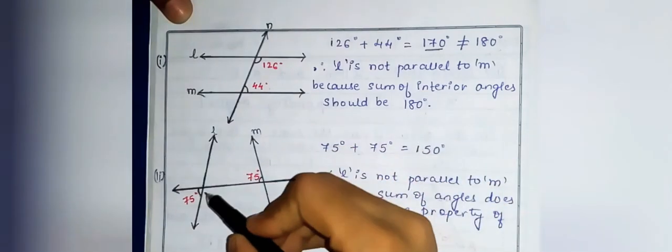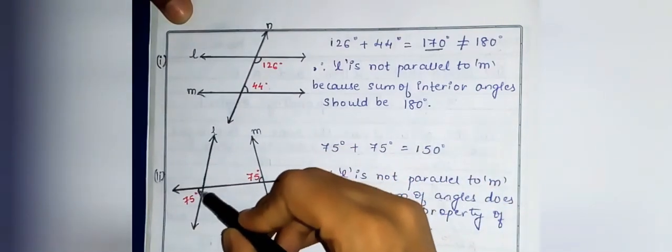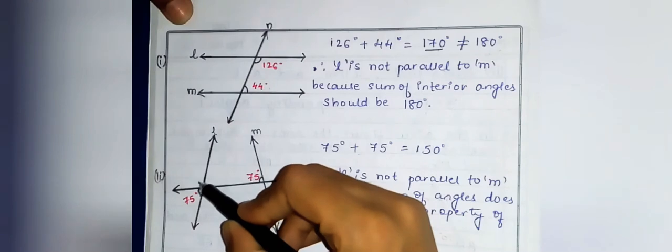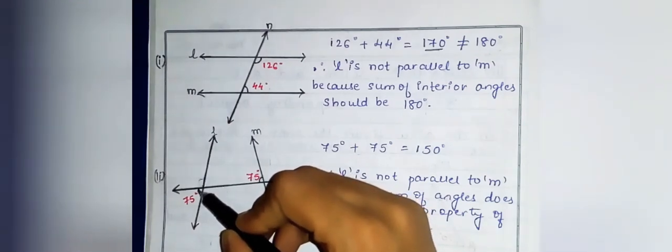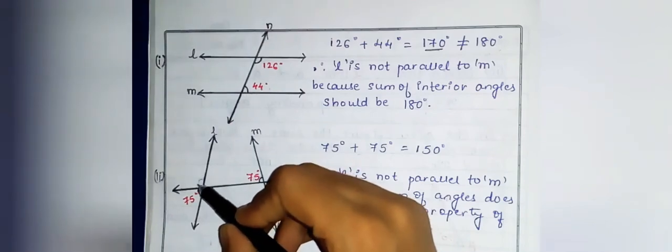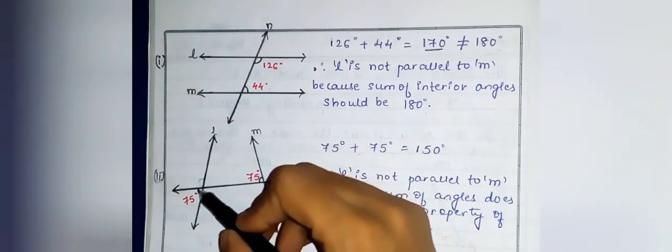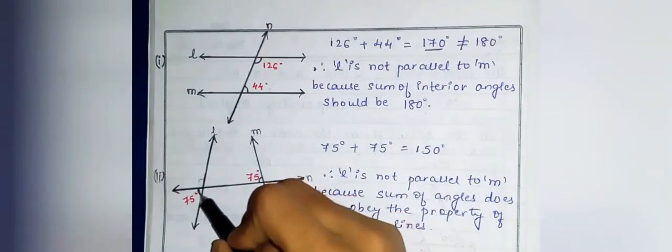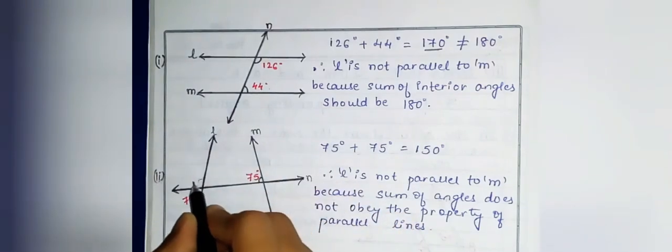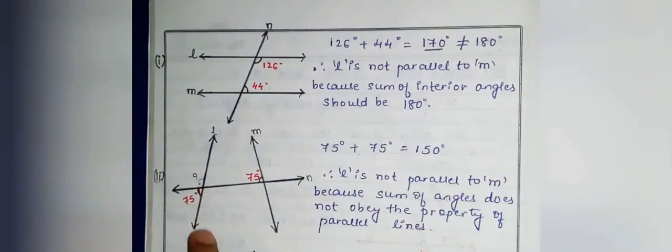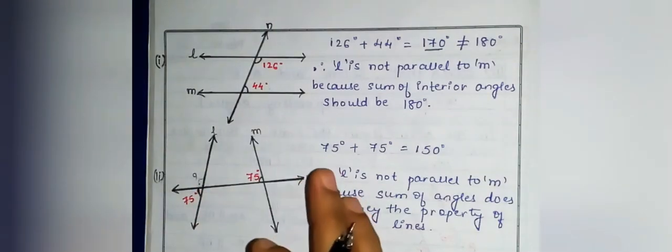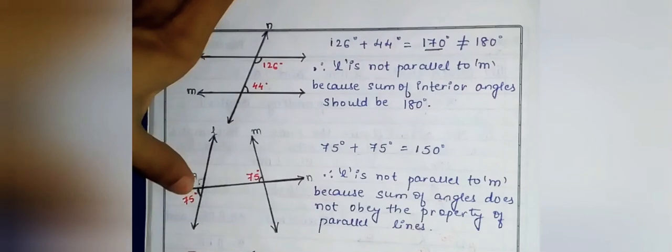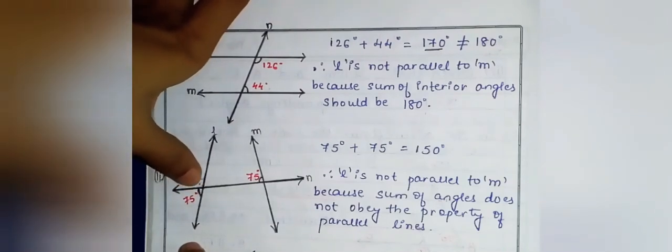Let us see. Now suppose we know that this angle and this angle, they form a line. So we know that the total is 180 degree. These both are forming a linear pair, and in a linear pair the total is always 180. So out of 180, this angle we know is 75. So this angle which is not given, ये कितना होगा? 180 minus 75. So 180 में से 75 करेंगे तो जो भी बचेगा, that is the measurement of this angle. So you will get this angle.